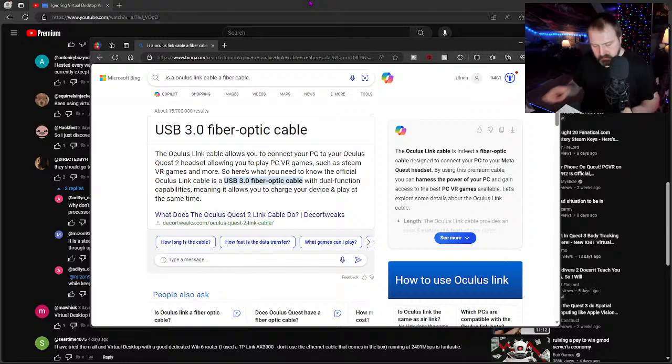What about this little quick start guide here? Update or install Oculus app on your PC. Link cable. Yeah, it doesn't really say here. I don't know.